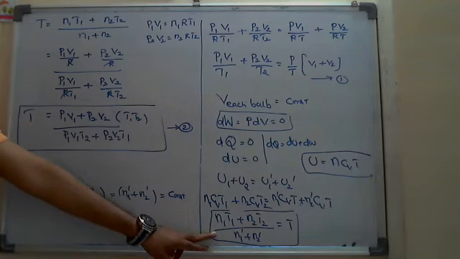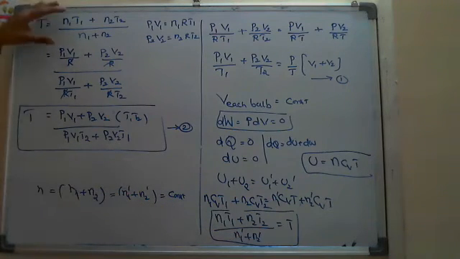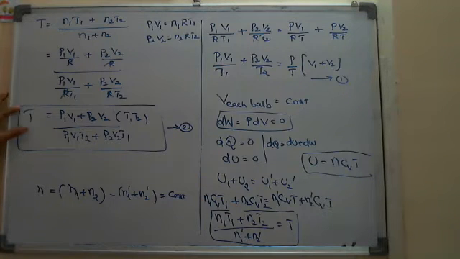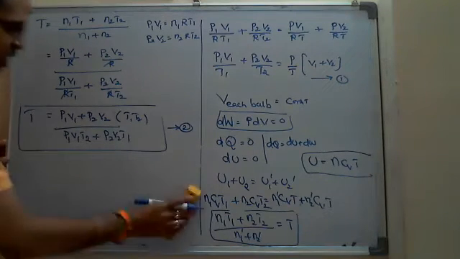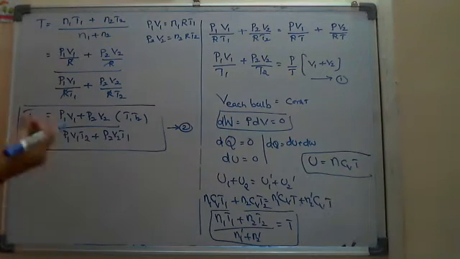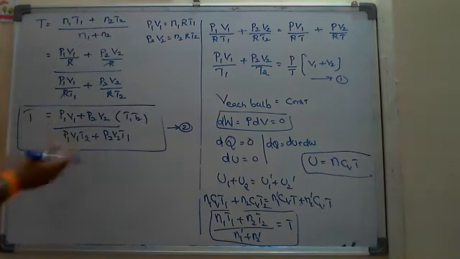Actually here it is over, but we don't know n1 and n2. That's why I substituted here. After getting this temperature, you substitute it there. That's it, you will get the answer. So here you will get the common pressure as well as the common temperature. That will be very easy.